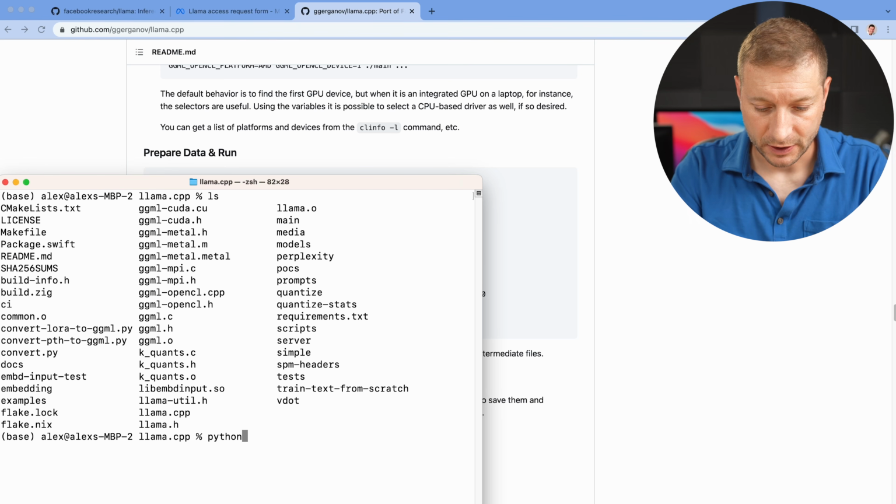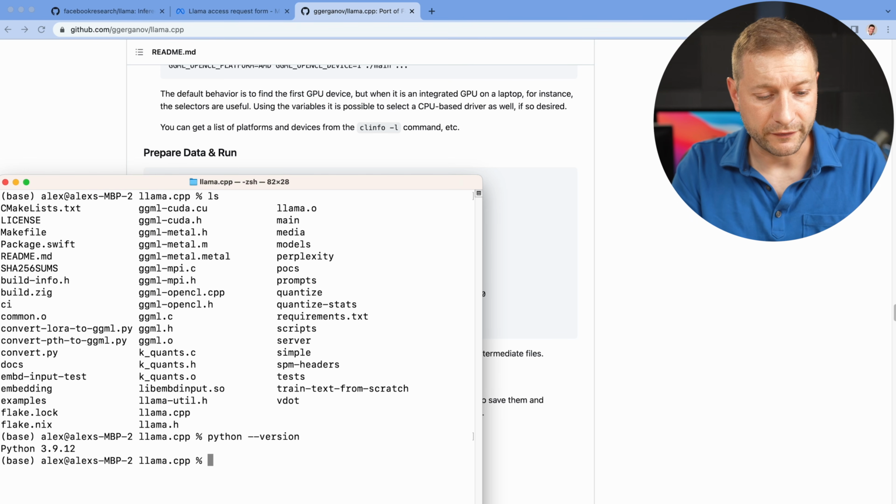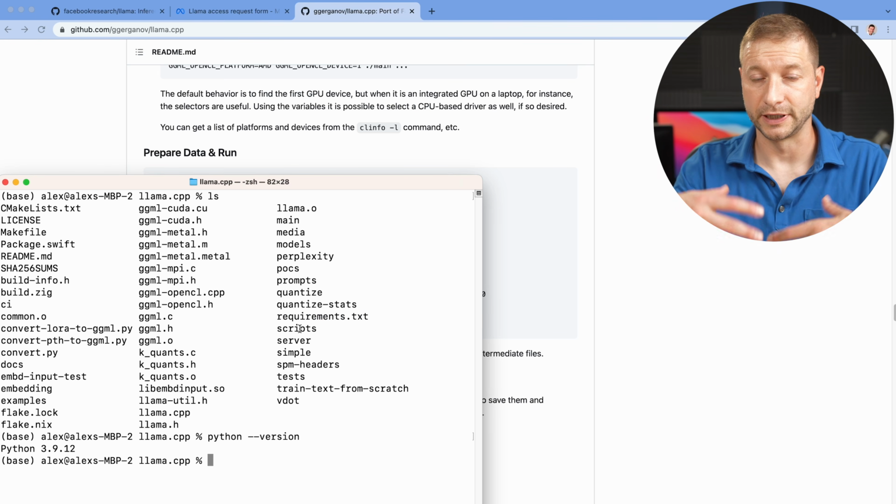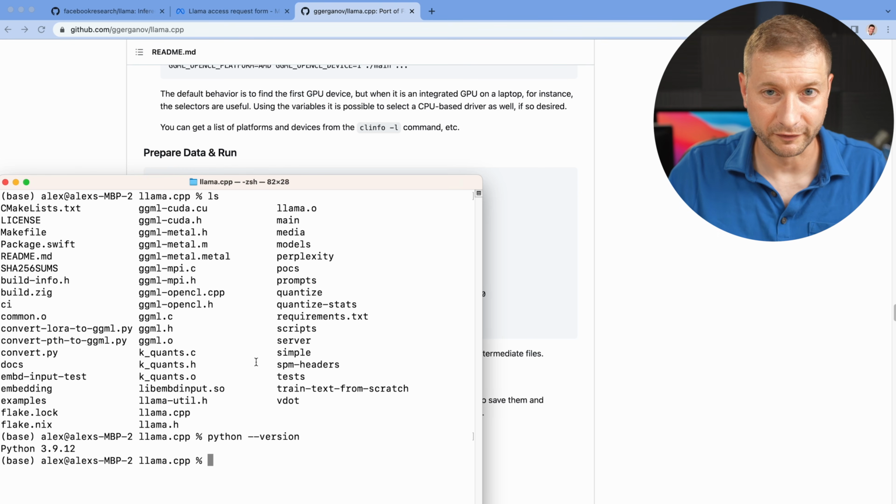So to run this Python file, we're going to need to install some Python dependencies. Now you might or you might not already have Python installed. I do. I have 3.9. This could work. I could just install the requirements. By the way, that's this file right here, requirements.txt, that contains all the requirements for the Python environment to have before you can run convert. All these steps, I know. I actually will add a little bit more steps for my environment, but you don't have to if you already have Python, a decent new version of Python installed.